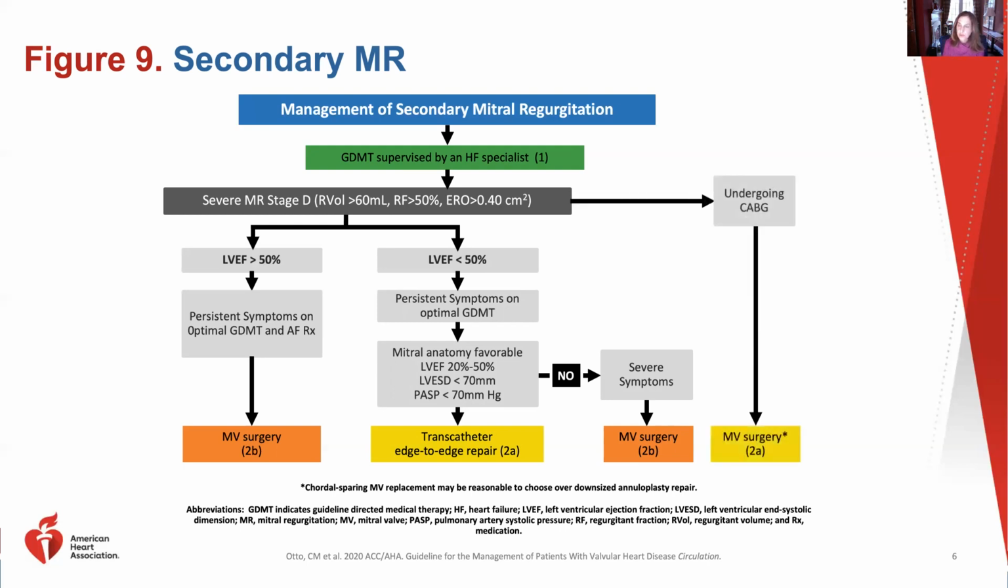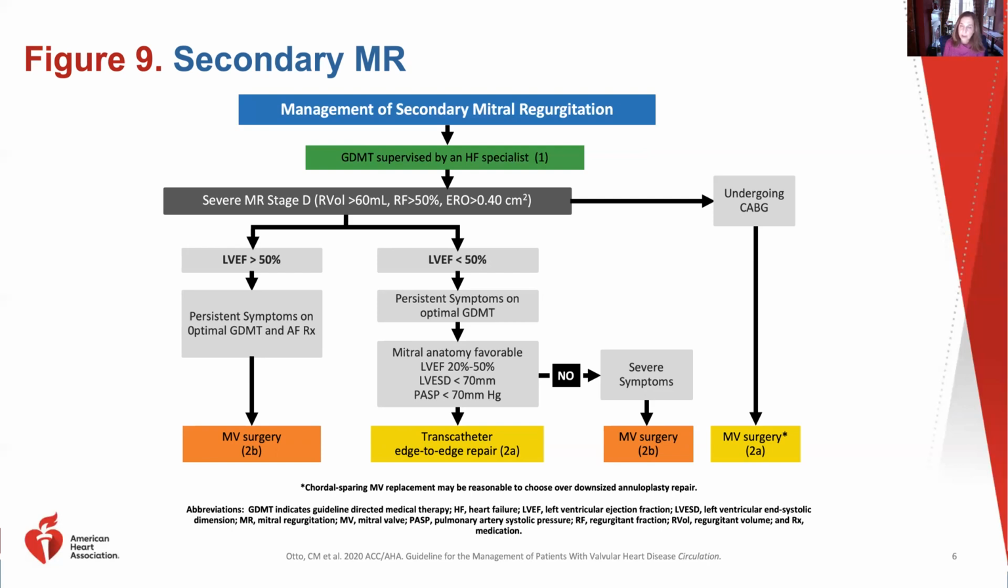For those individuals who are scheduled to undergo CABG and have severe MR, it's a class 2A indication to undergo mitral valve surgery. And in these cases, chordal sparing mitral valve replacement may be a reasonable option to choose over a downsized annuloplasty repair. So you see that the treatment algorithms for functional or secondary mitral regurgitation are vastly different